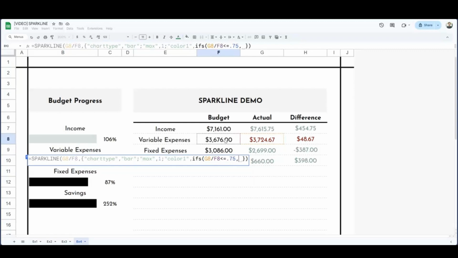So I'm going to put the hex code in for green, do another comma,